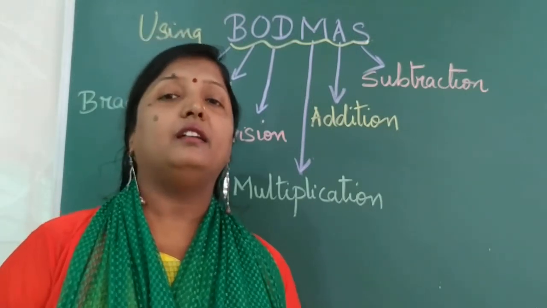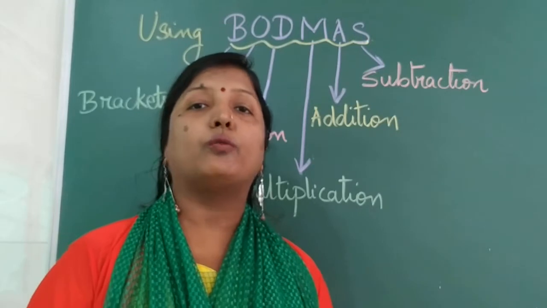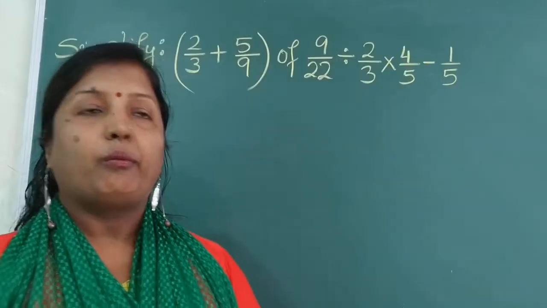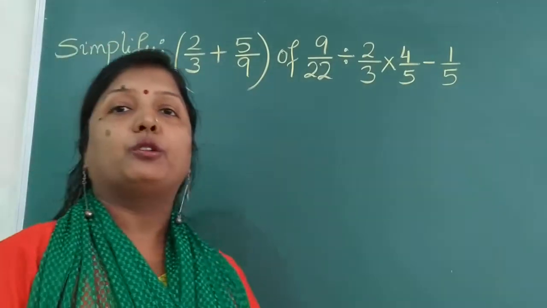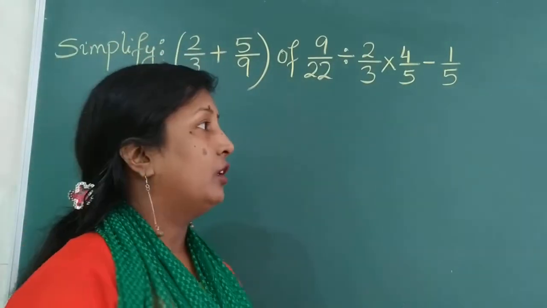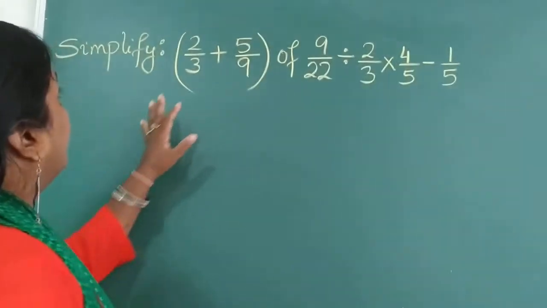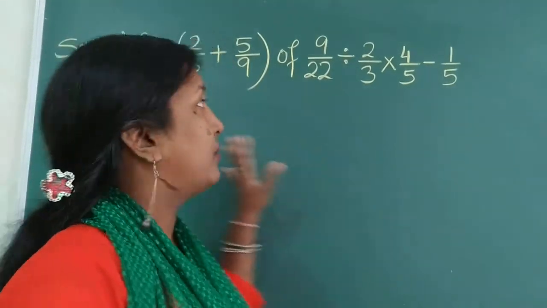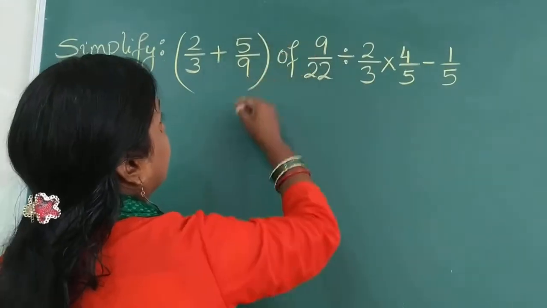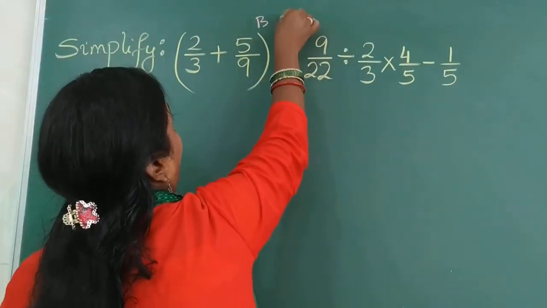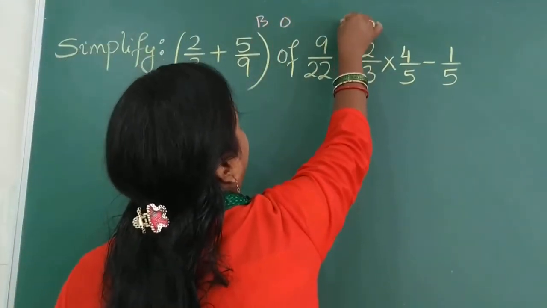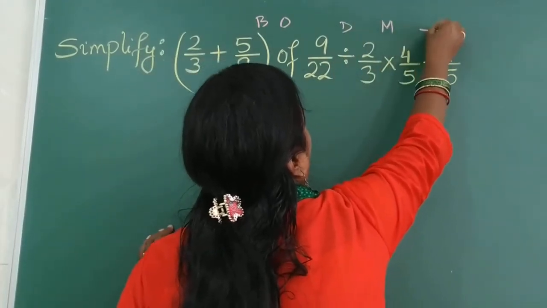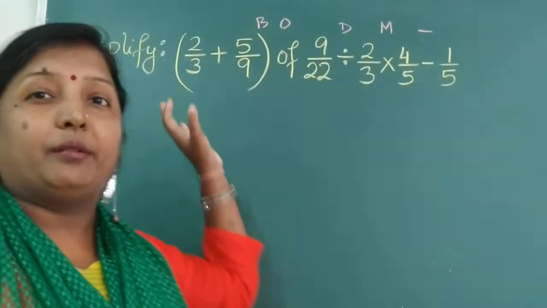Let us understand how to use this Bodmas rule with some numericals that will explain it better. Let us learn how to use that Bodmas rule. You can see I tried to take a number in which we have all the operators. This is the bracket, we have the of, we have the division, the multiplication, and the subtraction. The addition I put in the bracket.